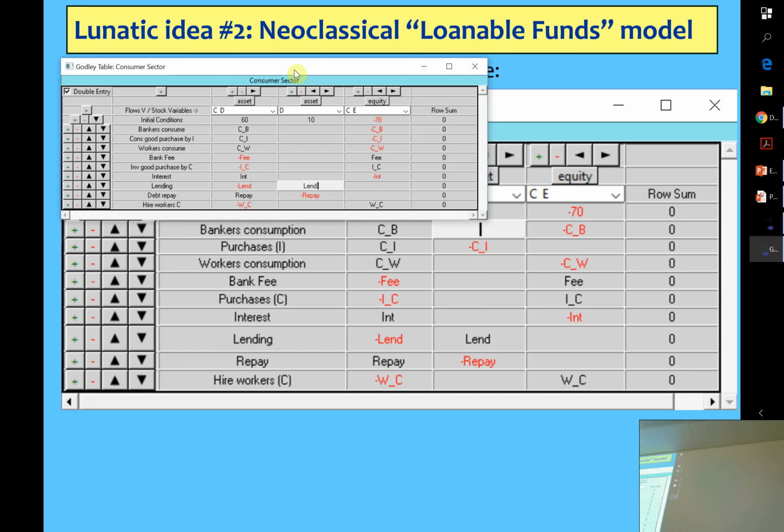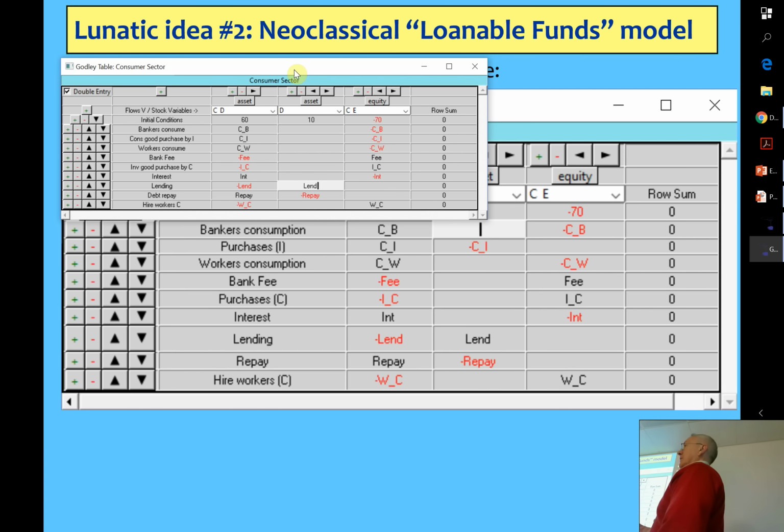You have multiple assets, 30 or 40 different assets. This is saying the debt is an asset of the consumer sector, and so is the bank account of the consumer sector. So you're now seeing them as two assets, and then two bank accounts. Well, no, one's a bank account. The other's what you're keeping in your drawer back at home.